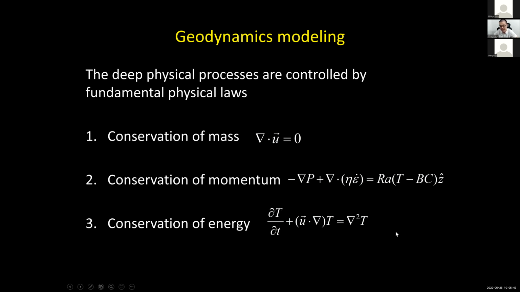Conservation of energy is like energy is conserved. If heat is advected to some place, it's going to increase the temperature. Heat advected out of some object is going to reduce the temperature of the object. These are fundamental physical laws, and they apply to almost all objects, including Earth's mantle as well. But the problem is that although these equations look really simple, if you consider two dimensions or multiple dimensions,